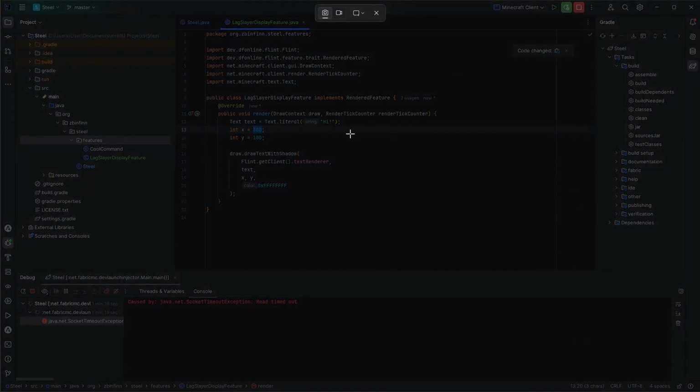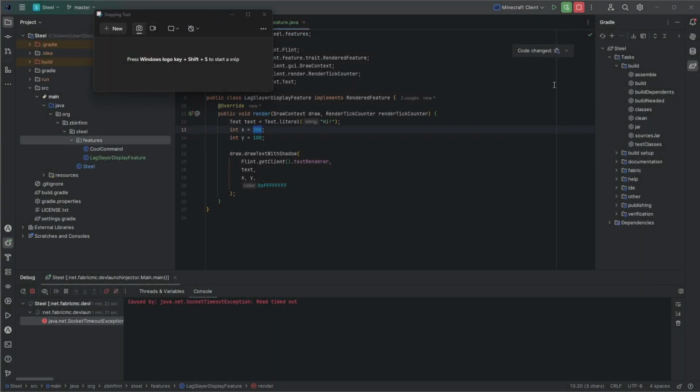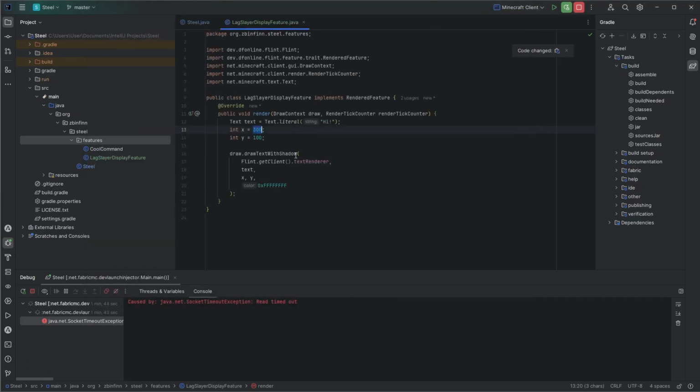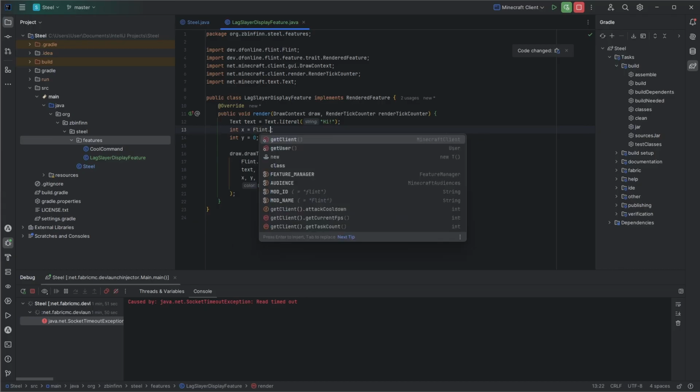To explain how rendering works real quick. In a Minecraft render screen, this is 0, 0. When you want to go to the right, you go plus on the x-axis, and if you want to go down, you go plus on the y-axis. This means that we want to go the entire width of the window to right here, and we don't want to change the y. So that means we want y to be 0. We want x to be